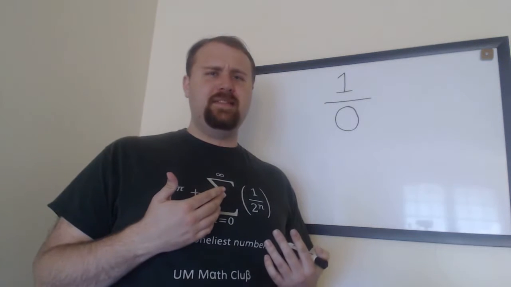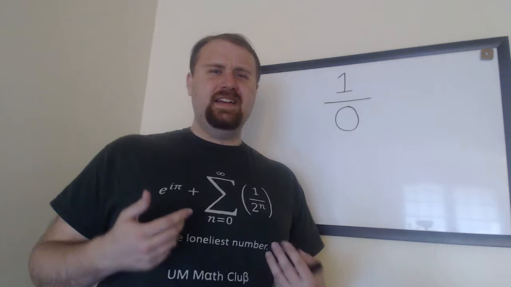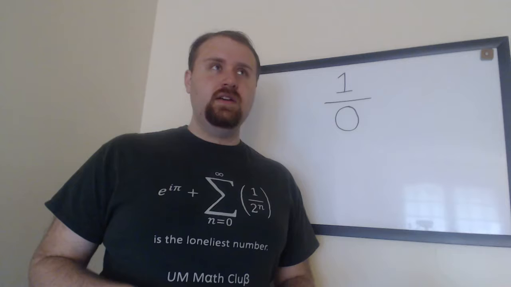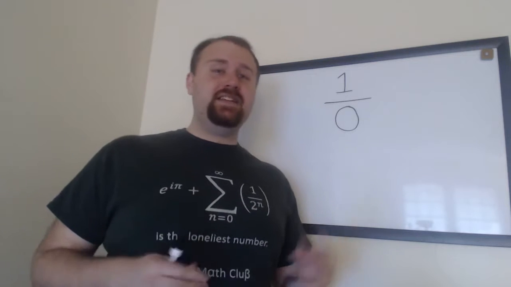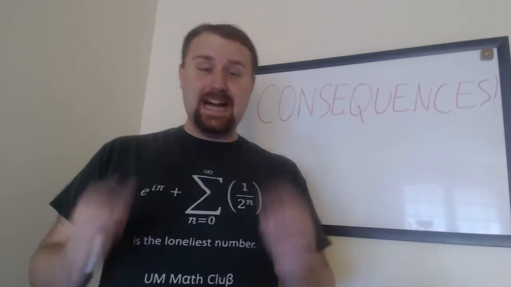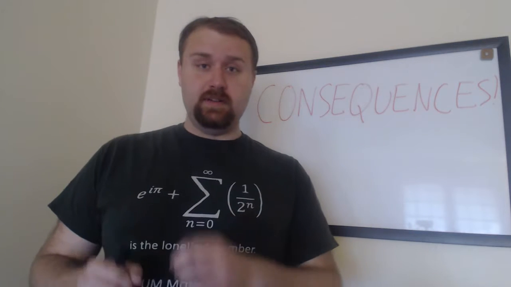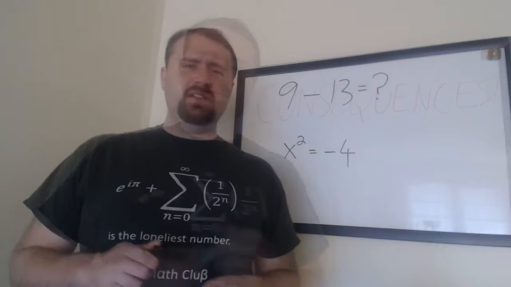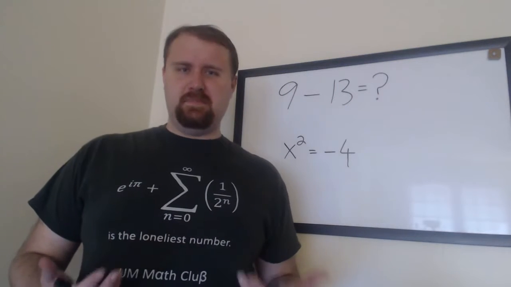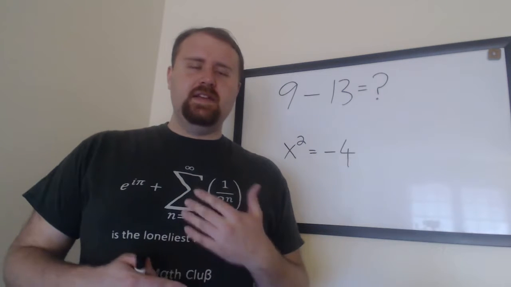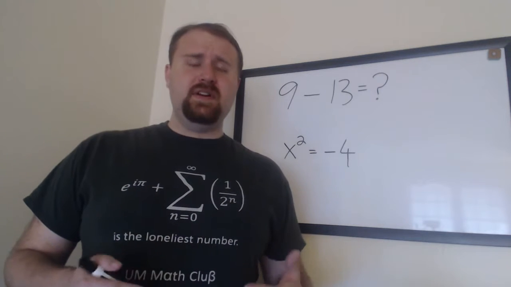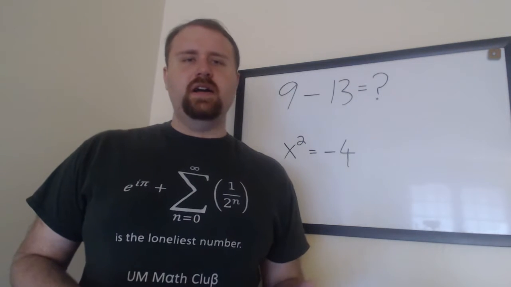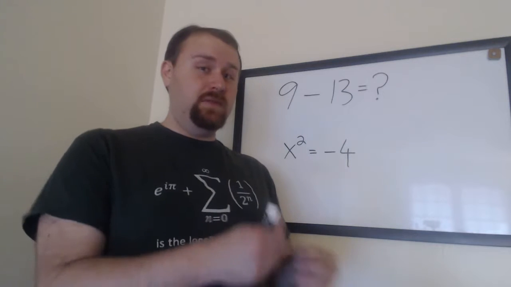So, what's up with that? Why do all the memes and stuff say, oh, collapse the universe? Well, while it's true that I can technically divide by 0, there are consequences to doing so. What are some of those consequences? Let's see. I want to talk a little bit about what consequences means in math. Math is all about systems that are internally logical. So doing something in particular is not necessarily wrong, it's just that there are certain things that come about when you do it.